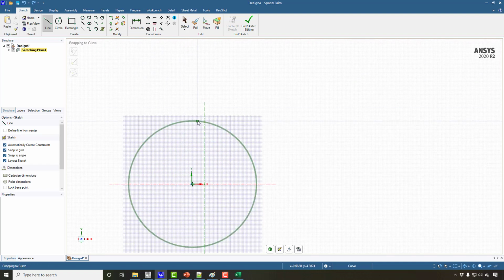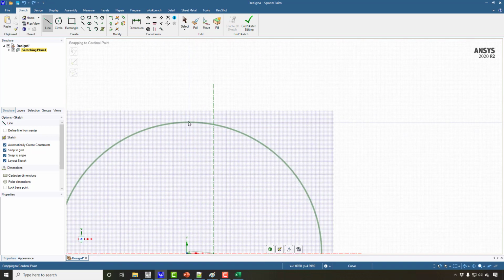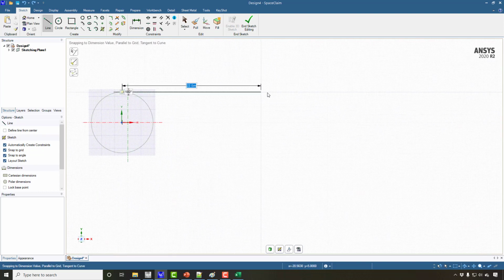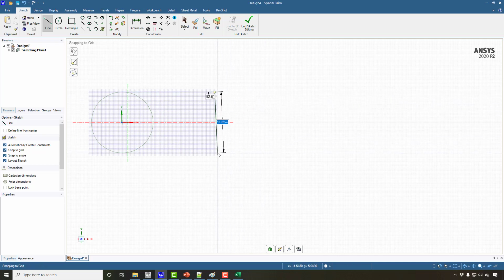Okay, so I will make a line, and the idea is that it should be a tangent line. So you can also make the constraint. So let's say if I use this option or this option, let me try to create a line, then we will see about that. And up to the downstream, it should be at least 25 times, but here I will make it not more than 15 times.